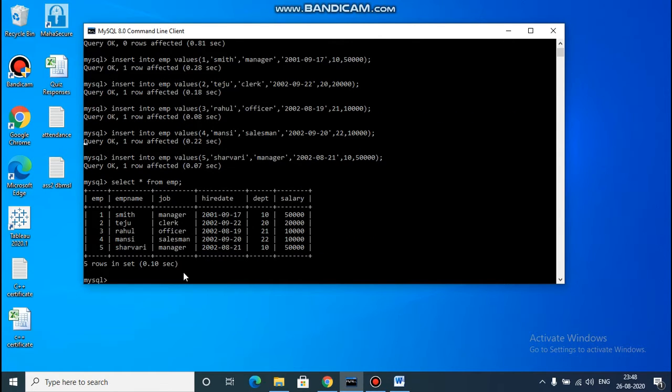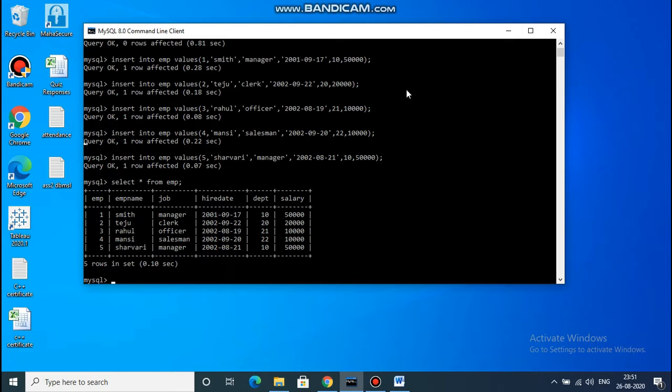These are the different columns: EMP number, EMP name, job, hire date, department and salary. For EMP number I have set a primary key while creating the table.